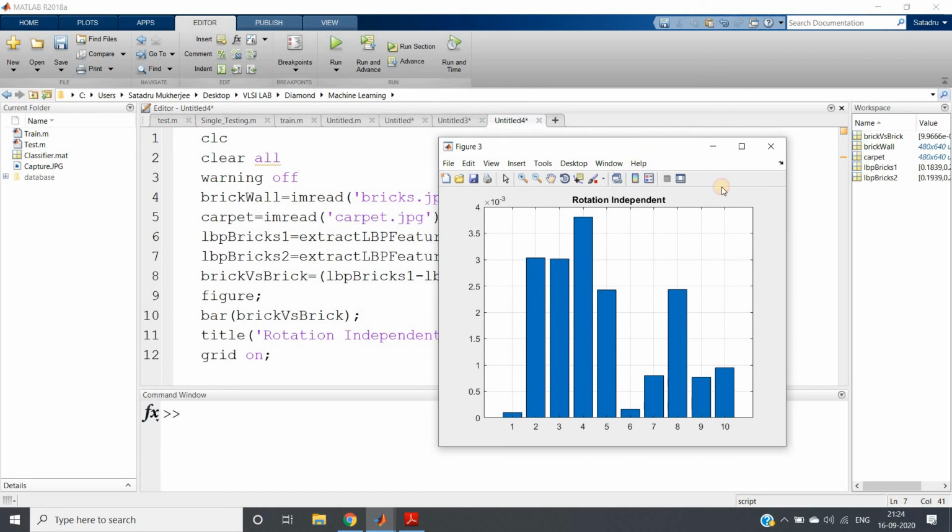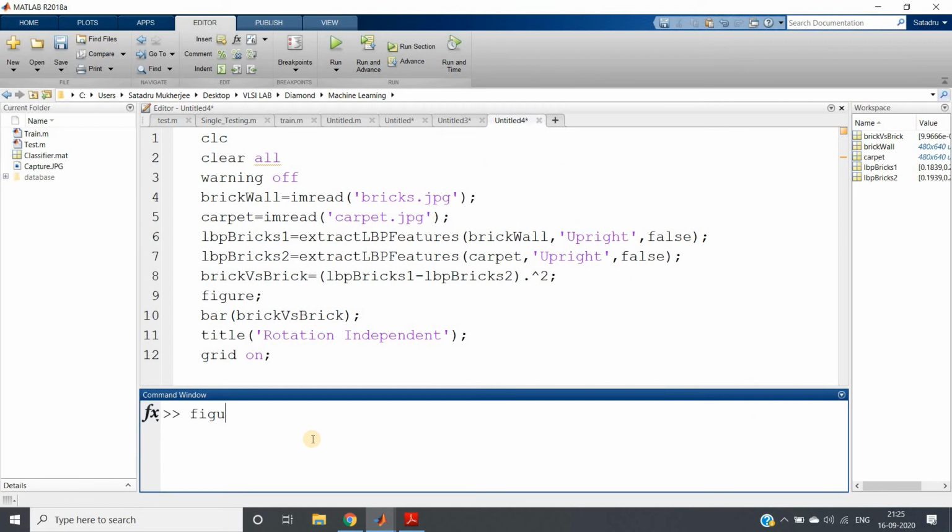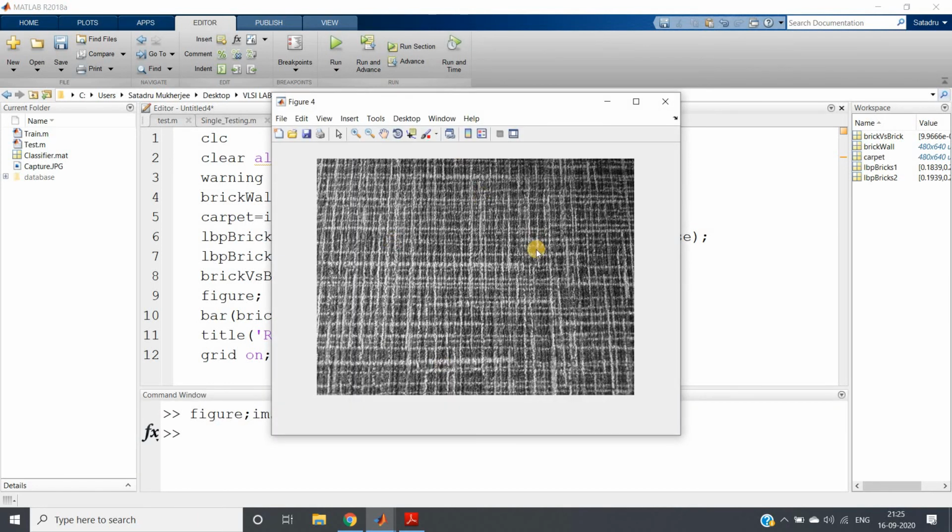So see, this time what is the maximum error we are getting? 4 into 10 to the power minus 3. And check the image. So this is my carpet image, whose texture is not at all similar to our brick walls, right?